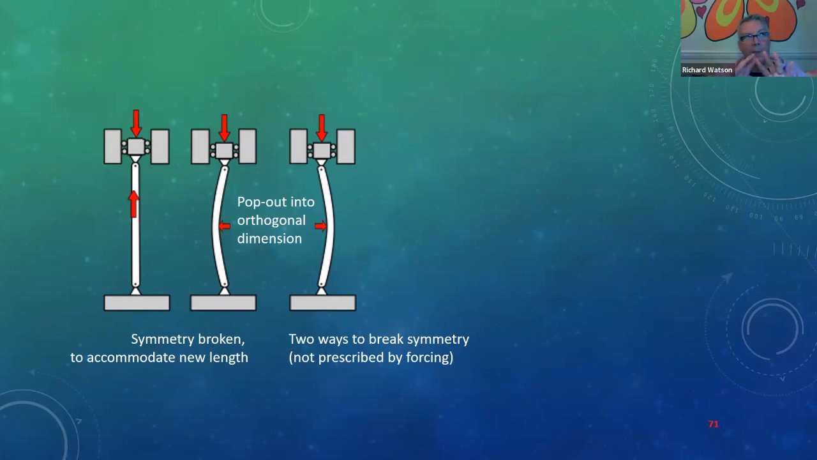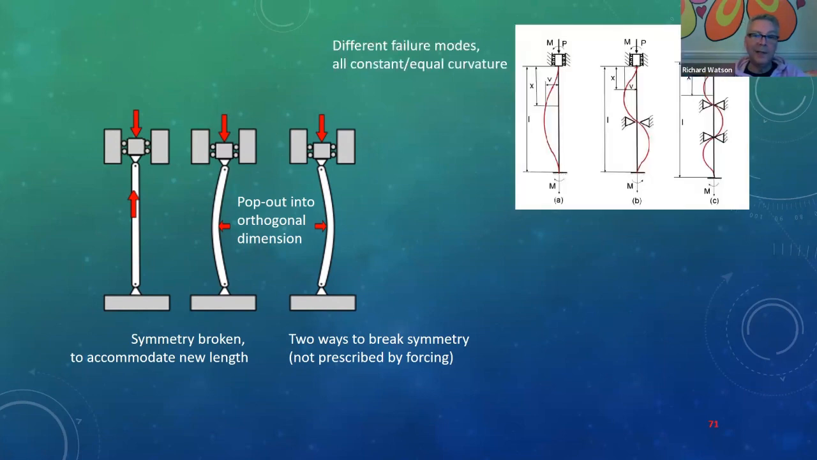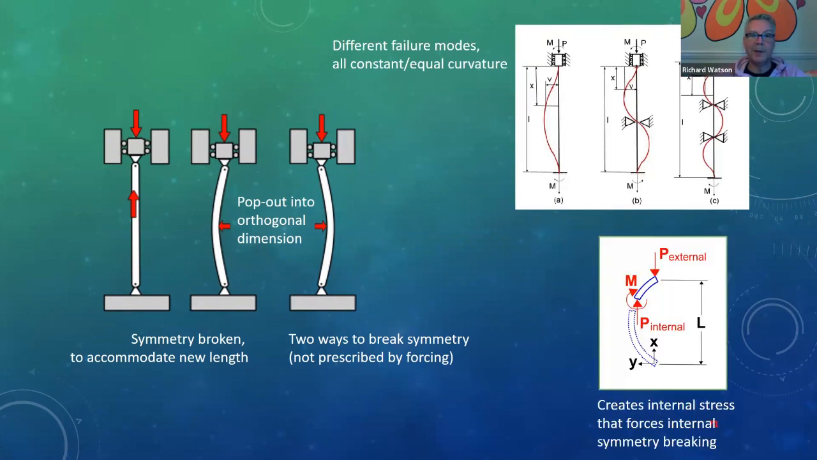That which one you get is not prescribed by the forcing. It's necessarily in an orthogonal dimension. Interestingly, girders will bend in different ways with different numbers of curves, depending on the constraints which are placed upon them. And also interesting, when you push on a girder that has any internal integrity, it creates a rotation inside